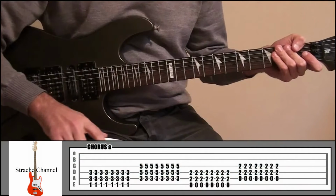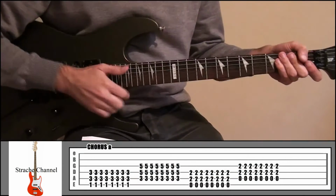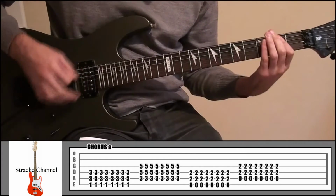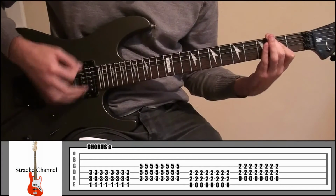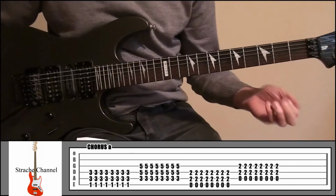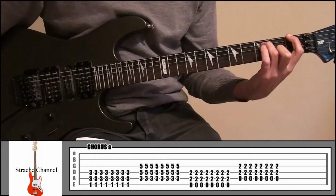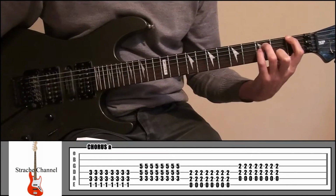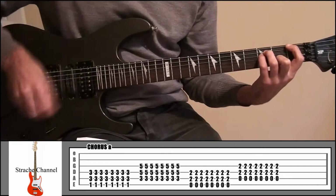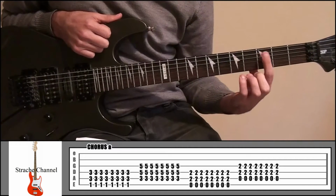Alright, so for the chorus then, we've just got a few different parts we're going to be learning. Chorus A, it's going to sound like this then. Okay, so different power chords there then. Index finger at fret 1 string 6, ring finger fret 3 string number 5, little finger fret 3 string number 4, 8 times going down and up,